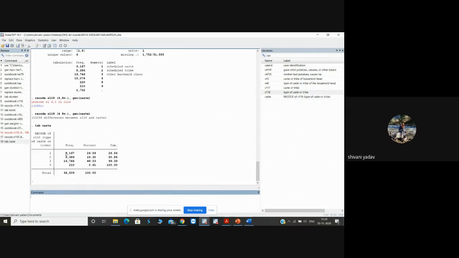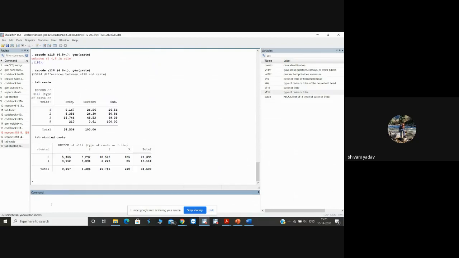Now if I do the tab, yeah. So now I have my required categories: SC, ST, OBC, and general. So if I do an unweighted tabulation, I'll get the results like this. So these are frequencies. Of course, our national statistics cannot be this many, so I need to put weight, and you can see